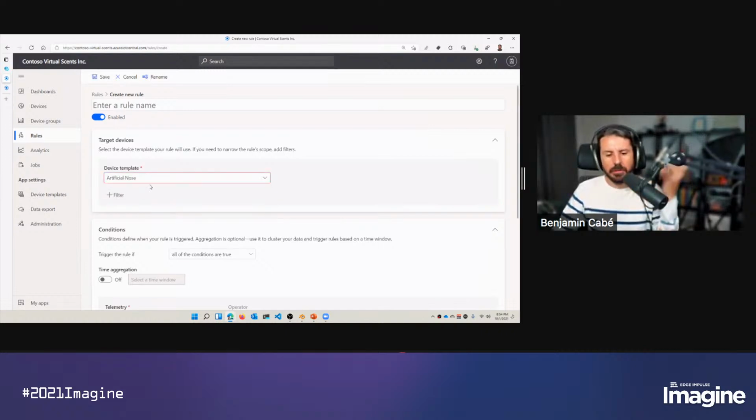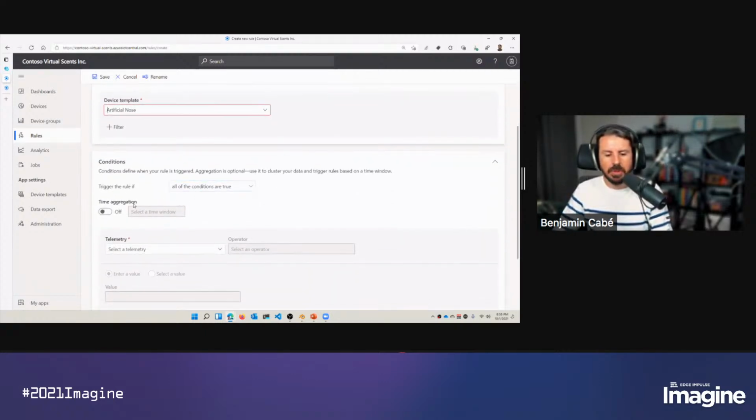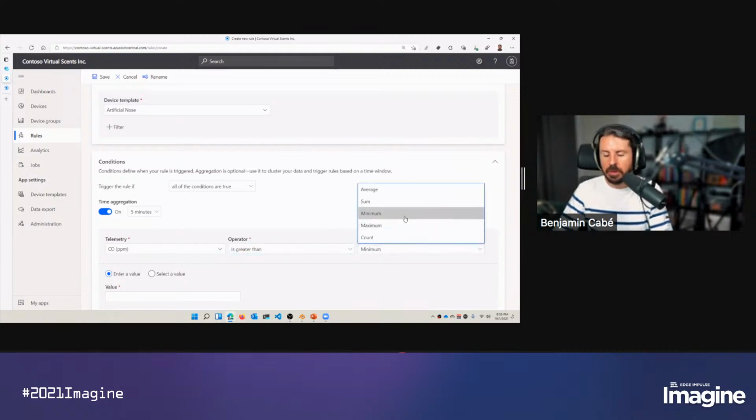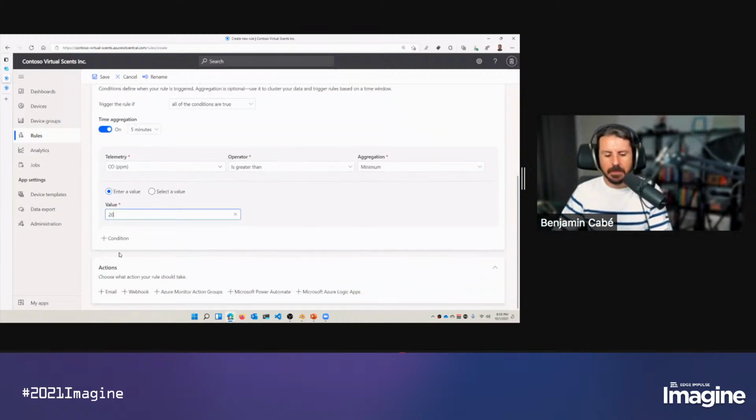And so for each device that belongs to a particular class, a particular category, I want to implement a rule. If a particular condition is true for a period of 5 minutes, and that condition could be, I don't know, the minimum amount of CO is greater than 20 ppm,